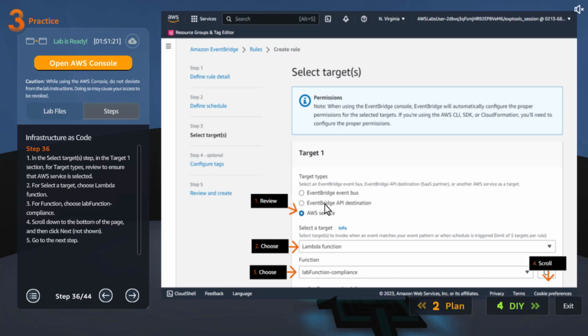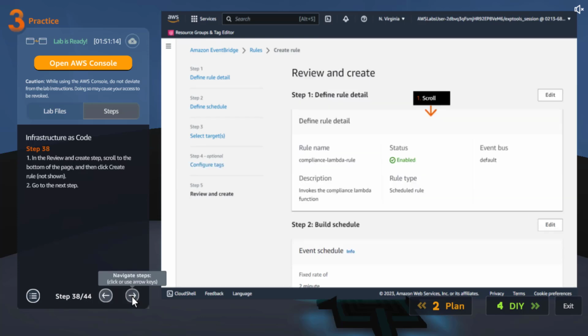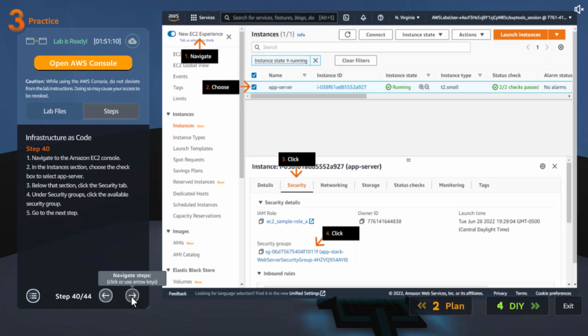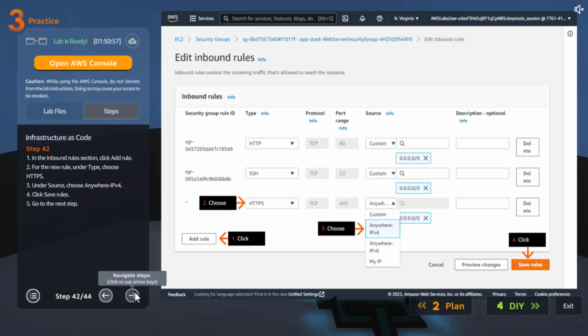Obviously, what are we running every 2 minutes? AWS service, it's a Lambda function and that is the Lambda function name. And no tags. Next. Then we have the EventBridge role created. And if we go back to the security after 2 minutes or 5 minutes, and if we check the security group, it should show us,